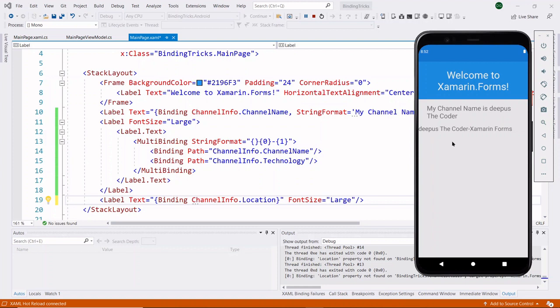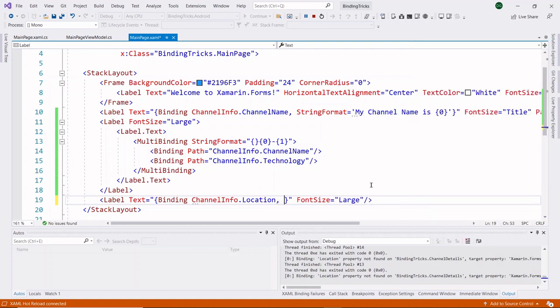So if you add this fallback value, in this scenario, our fallback value will be displayed. Now I will show you how to add fallback value.